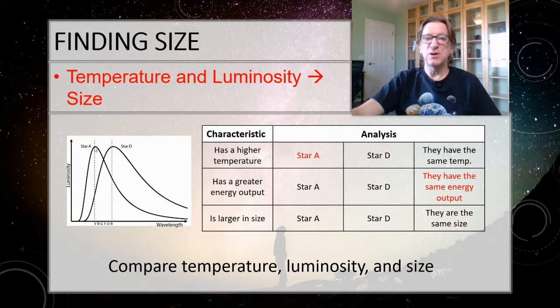Well, star A is hotter than star D, yet star D is just as bright. So this is Betelgeuse and Rigel. Star D would be equivalent to Betelgeuse. It's red, but it's still very, very bright. Whereas star A, which is kind of like Rigel, is blue and is also very bright. So if star D is cooler, the only way it's possible for that to work would be if star D were actually larger. It must be much larger than star A. Okay.